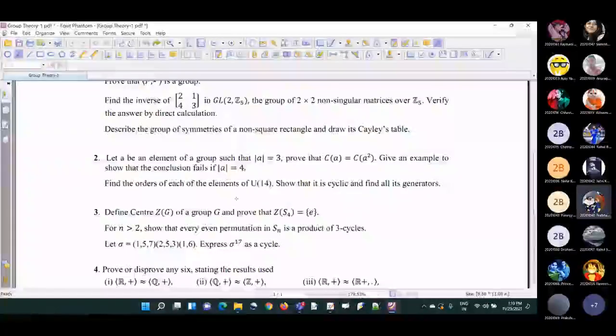14 numbers. Yeah, so it is easy. I think by simple calculation you can compute. And please avoid writing that the order of this one is 1. Okay, the order of 1 is going to be 1 only because that is the identity. But for other elements, you can show some calculation of how you are finding the order.